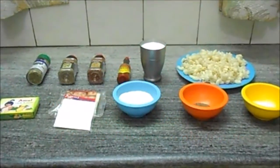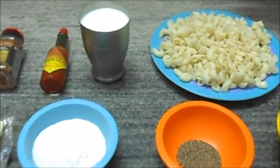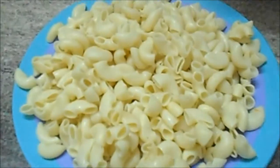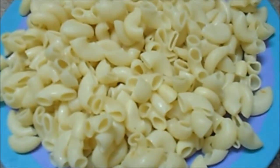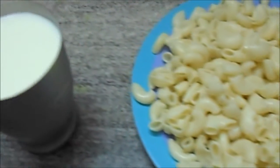Today's recipe, pasta in white sauce. The ingredients: boiled pasta, milk, Tabasco sauce, red chili flakes, pasta seasoning, oregano spice,